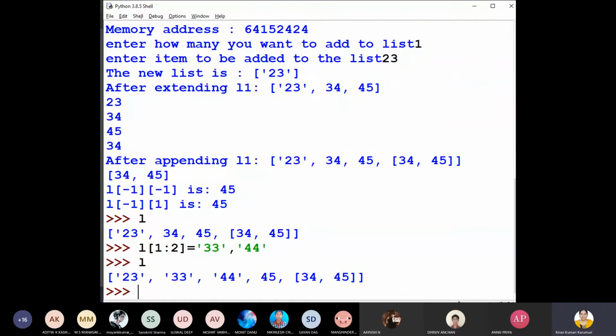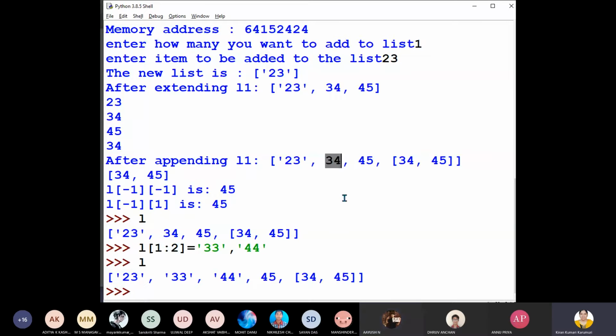Now what is the L? You can see added. So starting from first index it is added, and then whatever the other items is, see it is inserted in place of 34, overwritten. Got it, children? Yes, ma'am. So then 1 to 2 means only that 1, 2 is not inclusive, no?